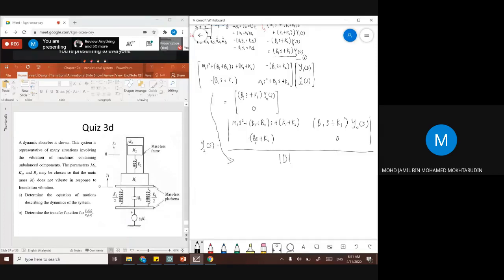I'm lazy to write this out. When the question asks you to find y2 over y0, it's okay to simplify only the top. So you should get y2 over y0